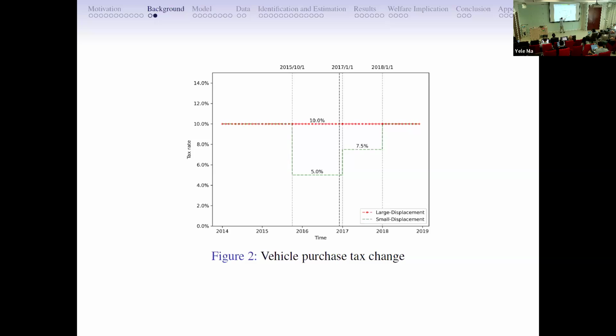So the tax holiday begins. And when the time comes to December of 2016, at the second vertical line, the government announced to the market that it will increase the tax rate of the vehicles to 7.5% 1 month later, in January 2017. And a year later, in January of 2018, the government will further increase the tax rate to 10%, the same as before. So we can see here that this is the first tax cut, and it is implemented exogenously. And later, from the second line here, it announced two future tax rises. So at the first tax increase here, it has 1 month of pre-announcement in advance. And for the second, it has